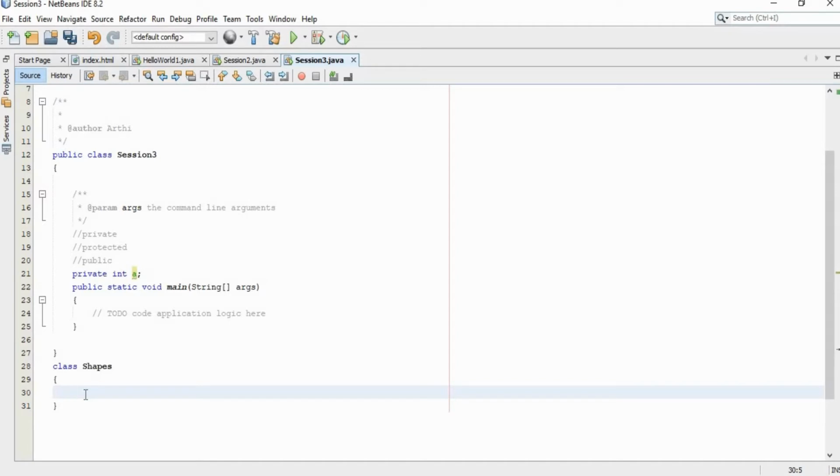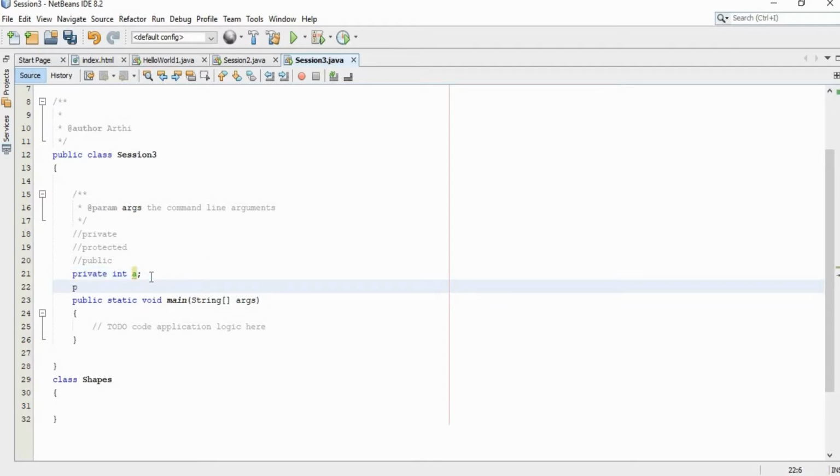Just keep in mind that the private access specifier allows a variable to be accessed only in that particular class. In this way, we can hide the details from the user. For example, in a banking application, the password should not be visible to everyone. So we can have user ID and password as private fields. In this way we can implement encapsulation.